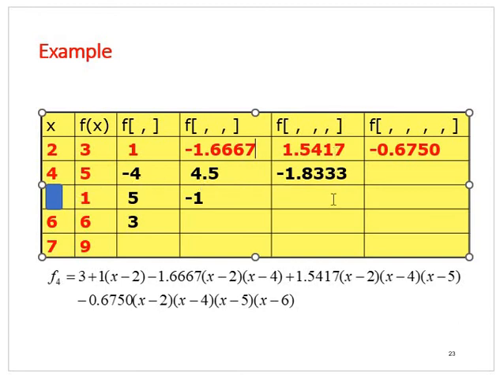Remember, we are now on the third divided difference, so we skip 2 boxes on the denominator for the gradient. So this will be 7 minus 4, that's 3. So minus 5.5 divided by 3 should give you minus